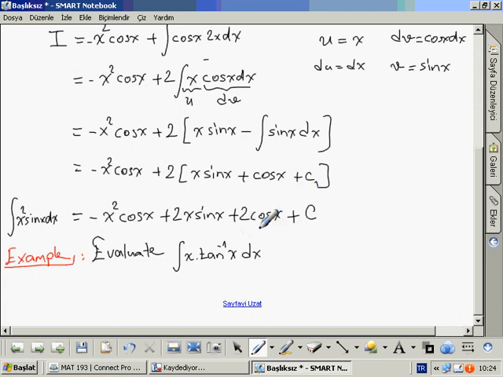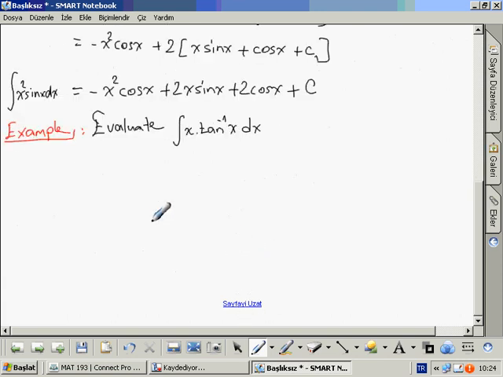Okay, as you see now, inverse tangent x will be u because this is the arc trigonometric function. So if u equals inverse tangent x, so we know that du will be